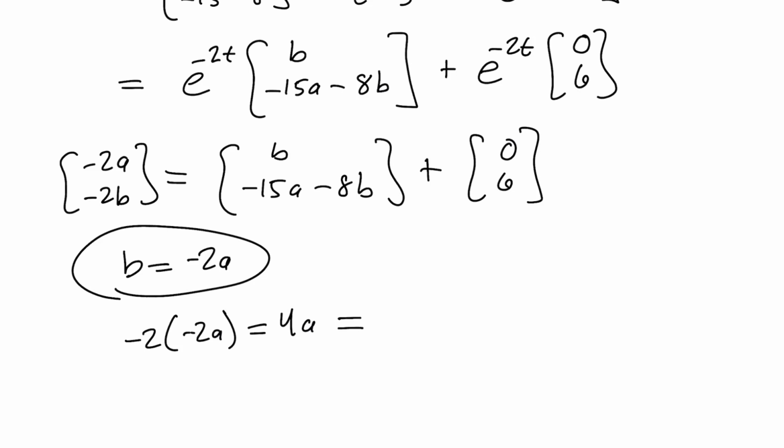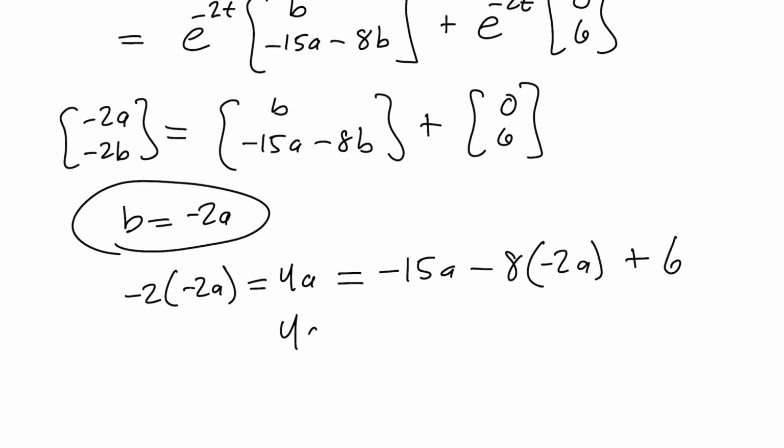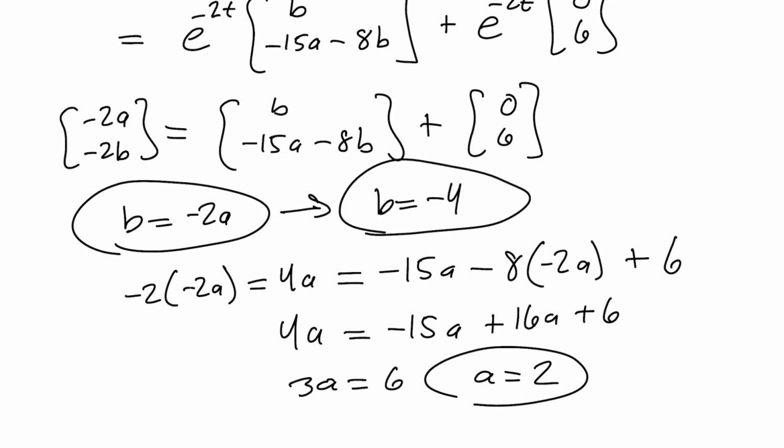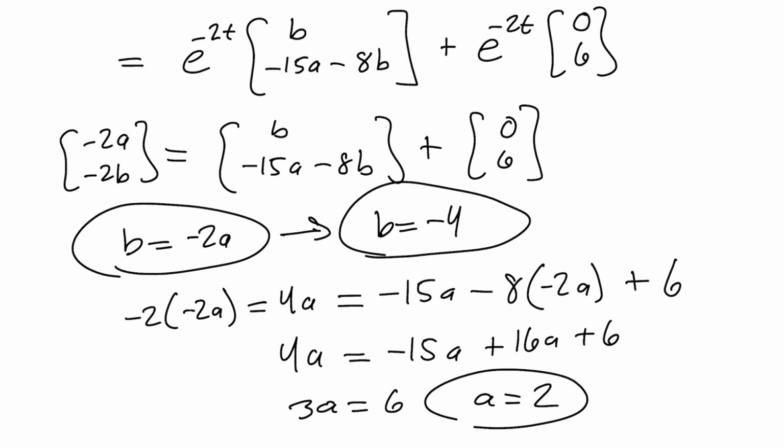On the right-hand side, I'll get negative 15a minus 8b, and b is negative 2a, plus 6. So now I'm solving 4a equals negative 15a plus 16a plus 6. 3a equals 6. a equals 2 is the solution, and therefore b is negative 4. So now I've done the algebra, found a is 2, b is negative 4, and that means that I can